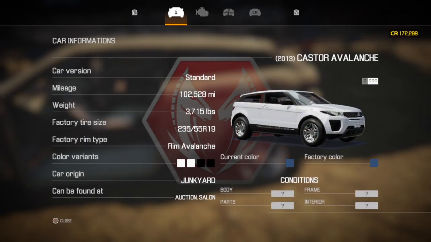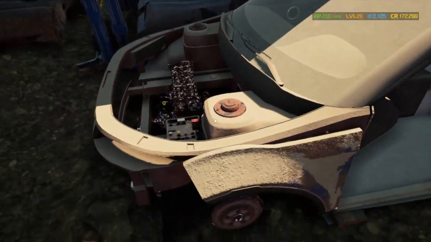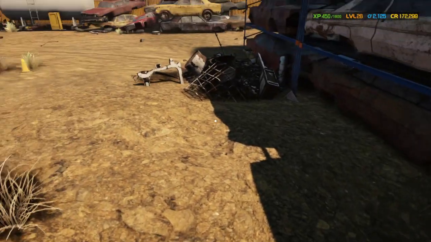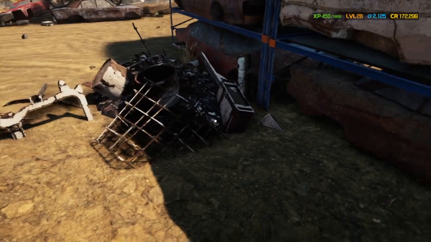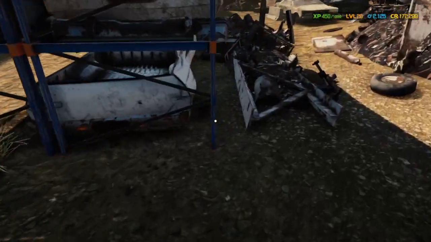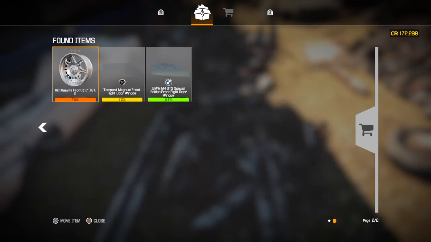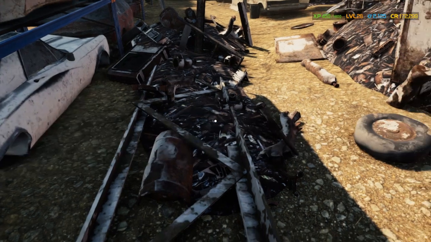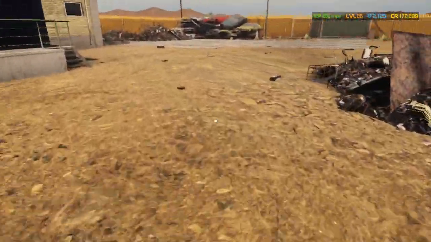I think it's the Ford Edge. Oh, Caster Avalanche. 5,800 bucks. I could buy that and flip it, but yeah, no, I'm good. I already looked in there. What are you doing looking in there again, man? Might be nosy, man. We got like absolutely no parts for what we're looking for. So let's head back to the shop and